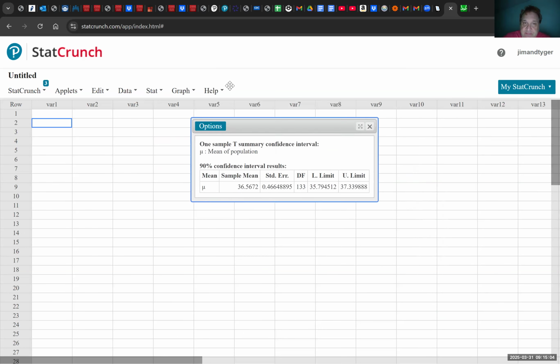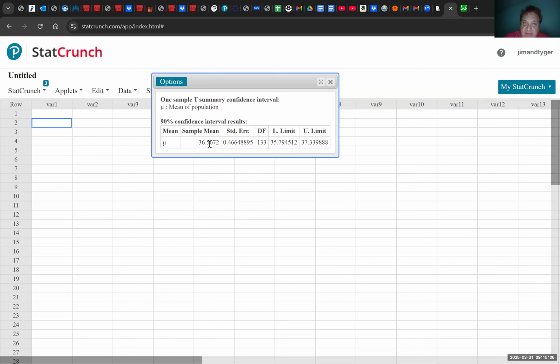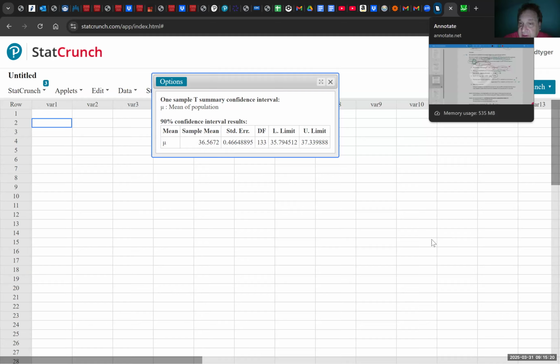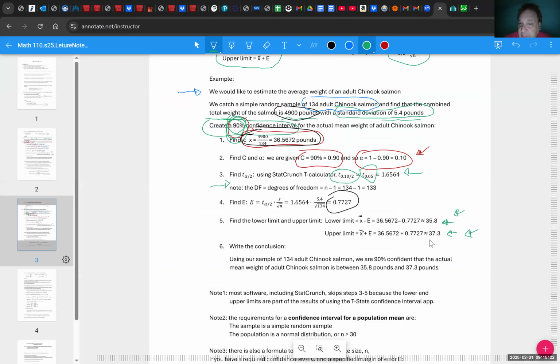And it says right here that here's our sample mean, our 36 number that we got. And our lower limit is 35.8 approximately, if I round it, 35.8. And the upper limit is 37.3, it looks like. And those should be the same numbers that I got. Yeah, 35.8, 37.3. So using the StatCrunch T calculator, we can get the confidence interval without having to do a